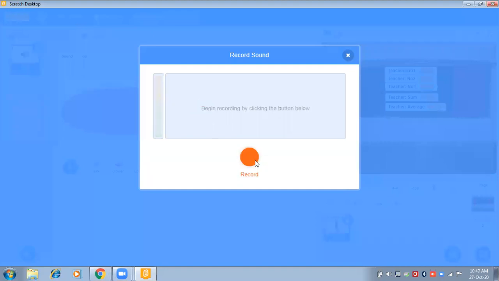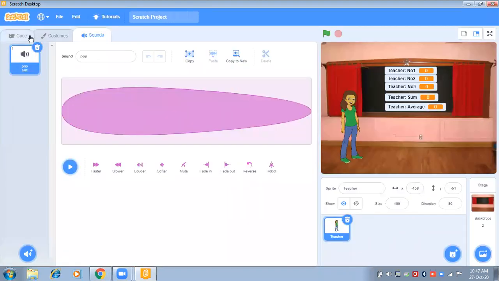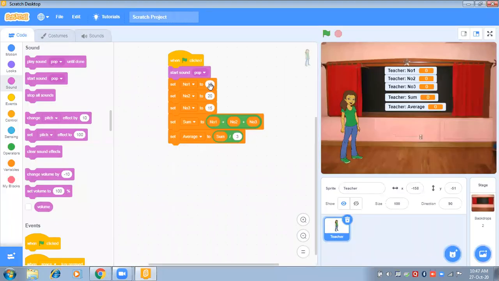And after pressing this button, we can start the recording. But before this, I need to check how many variables I have taken and what the values are: 10, 20 and 15. Okay, so let us record the sound now.